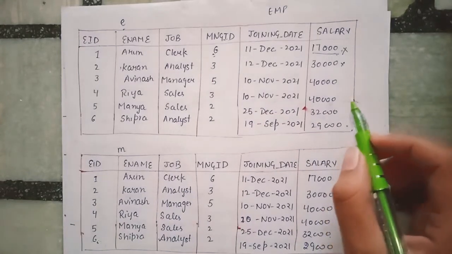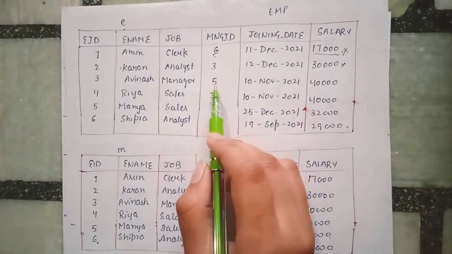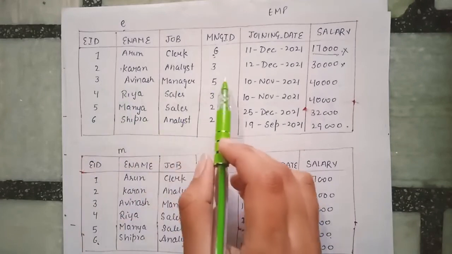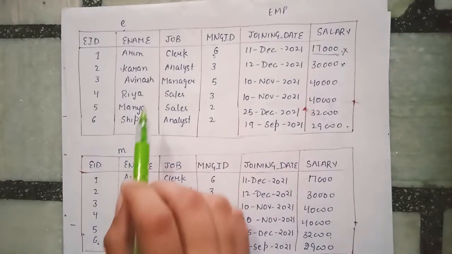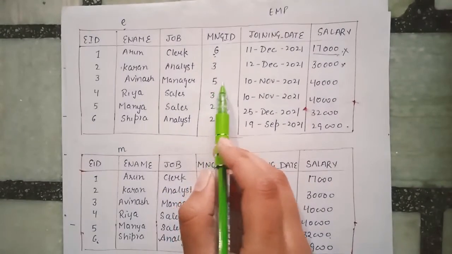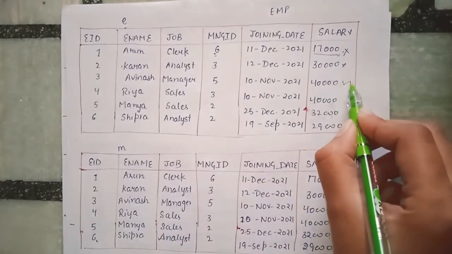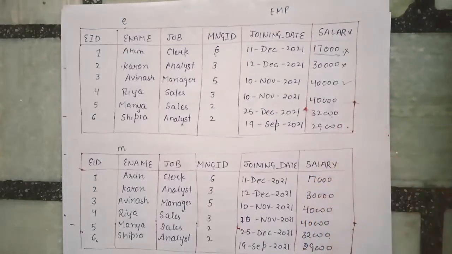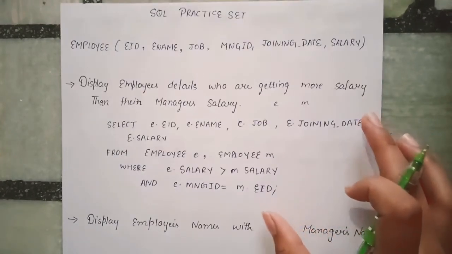32,000. Now we can see that the salary of this employee is greater than the salary of the manager, that is 5. Here the third employee has a manager whose id is 5, that is Manya. So we will compare the salary of this employee with Manya's salary, that is greater. So it will be considered as a resultant record, and so on this will happen in all these records. So this is the methodology that is basically used in this self join. This is the way this query is going to run.